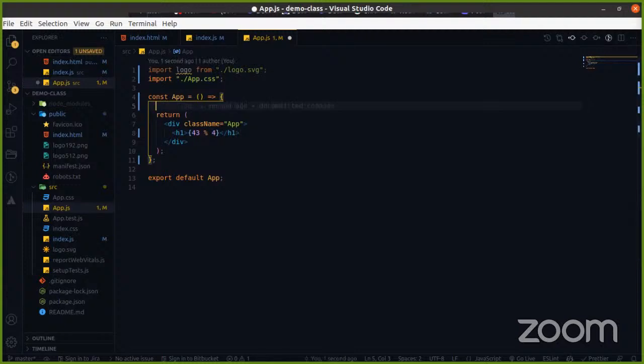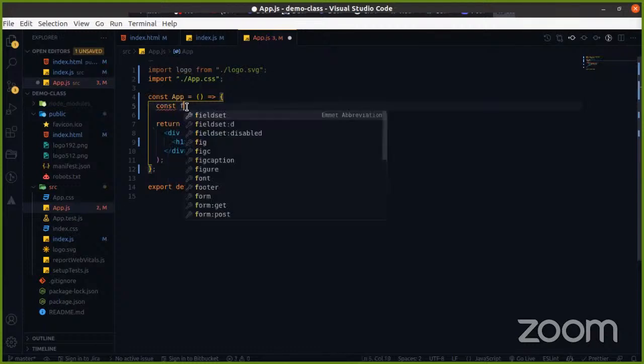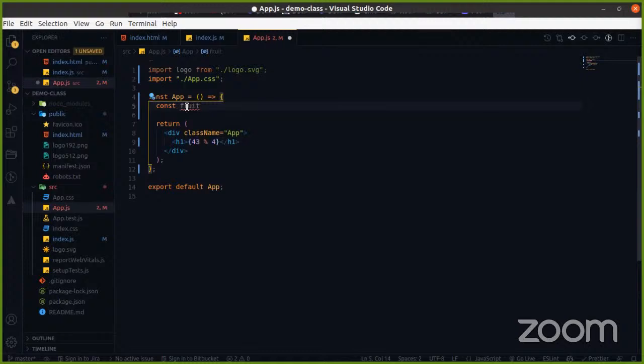Also, we could do things too. We could also add HTML. We could also use HTML to actually add this. Okay, so what do I mean? Let's say, for example, we want to add a list. I'll just say const fruits is going to be equal to